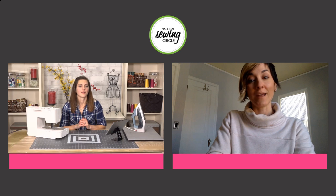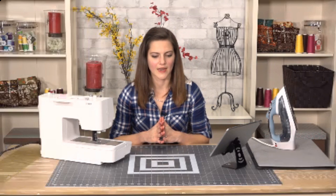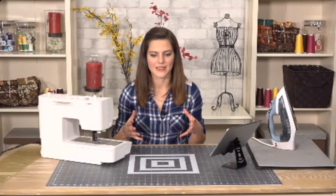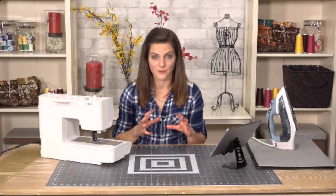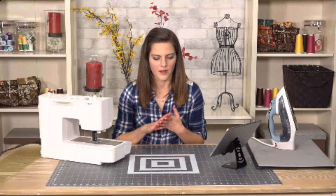So velvet, yeah, that's a little bit of a tricky fabric to sew on. And I actually did a class for National Sewing Circle on how to sew velvets and making a velvet skirt. So that's full of information about velvet, but I'll give you the condensed version. So my top tips for sewing on velvet are